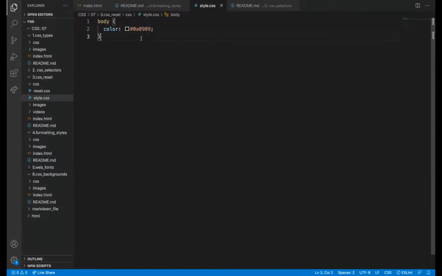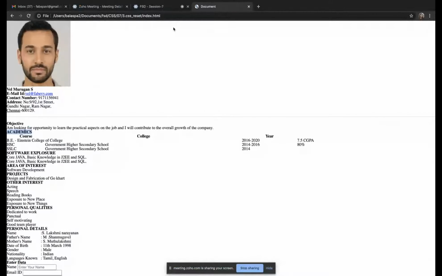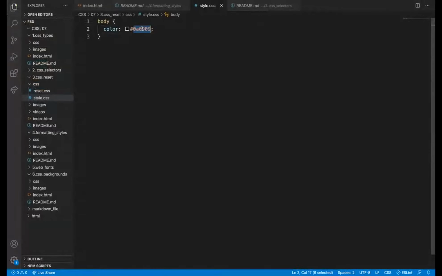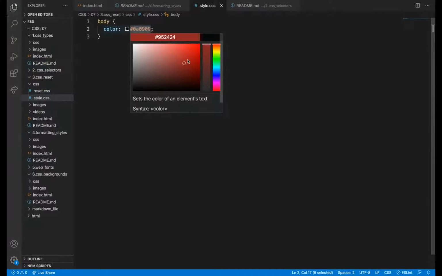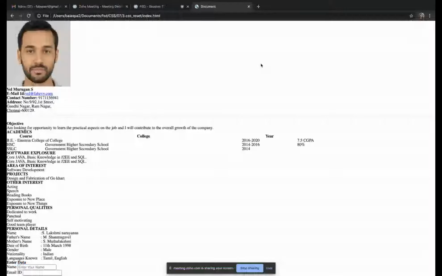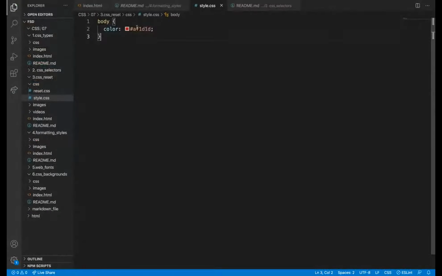We will see this. Black only, but so we won't. This is the hex code for red. All the color got changed to brown or something. So we will use this hex code also. Designers will give this hex code only. Another thing is